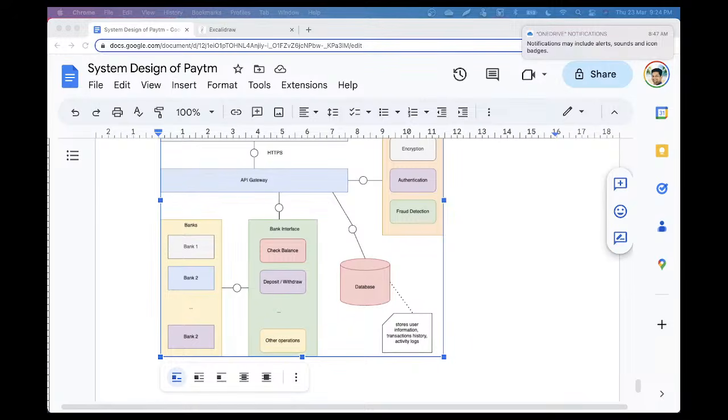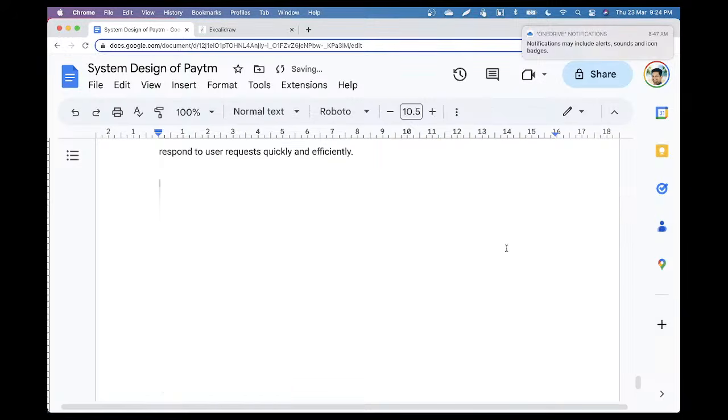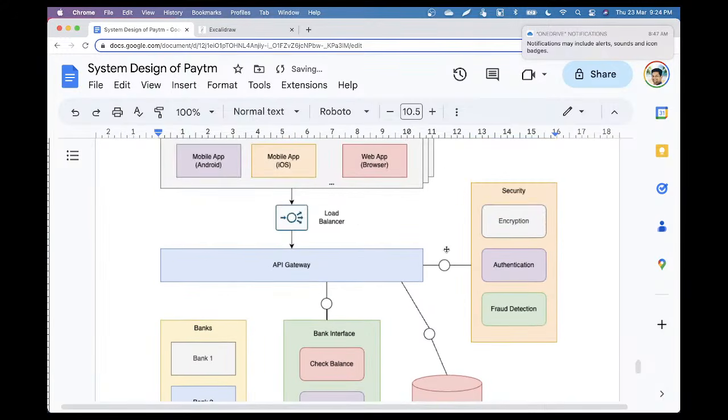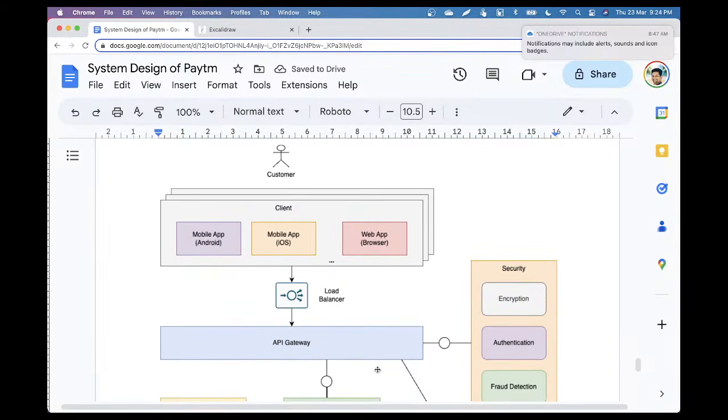Right, so let me share the updated diagram. I have added a load balancer for improving performance and scalability. Now, when we talk about the load balancer, we should mention what kind of load balancing we will be using. Any suggestions? What kind of load balancing should we use if we want to achieve high performance,